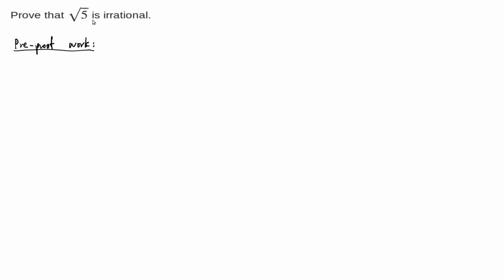We're going to prove that the square root of 5 is an irrational number. But to do that, we need to know what it means to be rational. In a very recent previous lecture, we proved that this definition that I'm about to write is equivalent to the one that we gave at the beginning of the course. So it's the following. A number q is rational